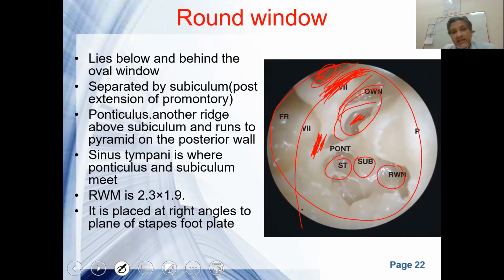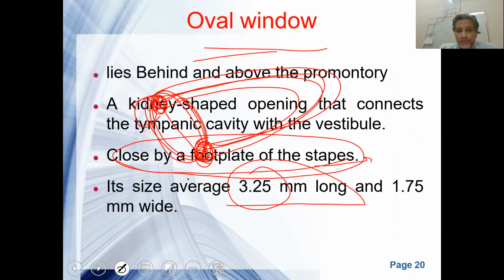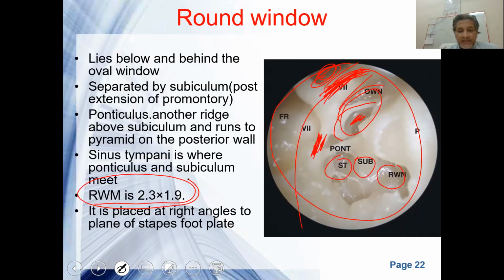So middle ear anatomy is the most important anatomy. In order to proceed with the surgical aspect, middle ear anatomy is mandatory, that you should have a good knowledge of at least the medial wall, because you are going to injure the medial wall, or the facial nerve in the medial wall or in the posterior wall, if you're not fully versed with the anatomy of the facial nerve. You can see the dimension of the round window is very, very small. It's a smaller structure than the oval window, 3.25 and 2.3 into 1.9.